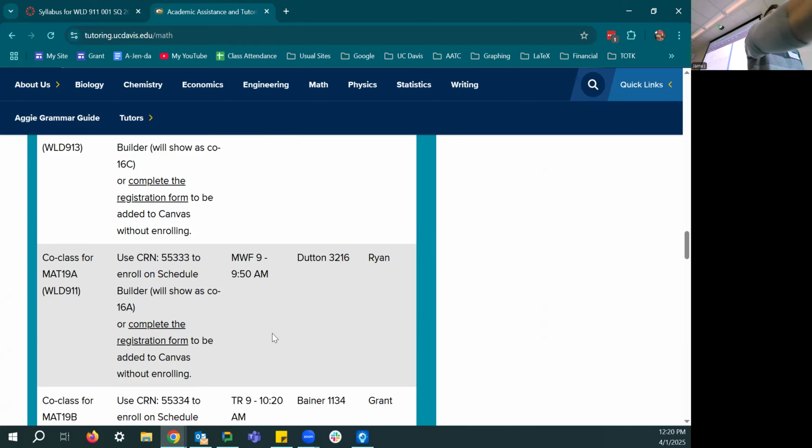So you're obviously welcome to stay right now, but you're also welcome to not stay if you don't want to and sign up for the 19A one. The 19A one, while the material will be fairly similar in the beginning, is going to diverge somewhat, actually fairly quickly. I think they do quite a bit of different stuff. So if you're taking 19A and not 17A, I would recommend taking the co-class with Ryan if it works with your schedule. It's Monday, Wednesday, Friday, 9 to 10 in Dutton Hall. So that's certainly something that'll probably be a better fit.